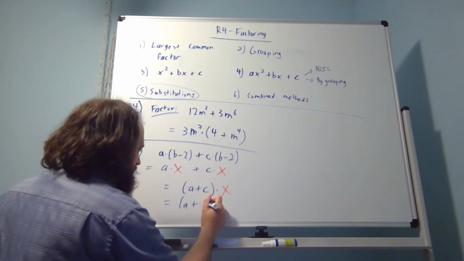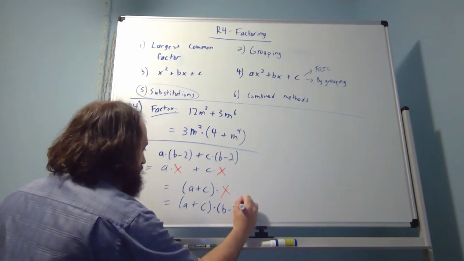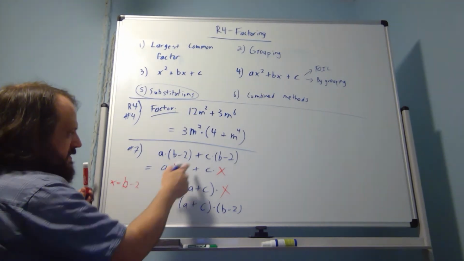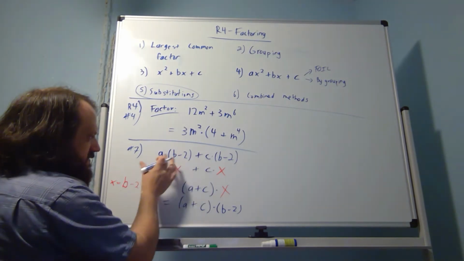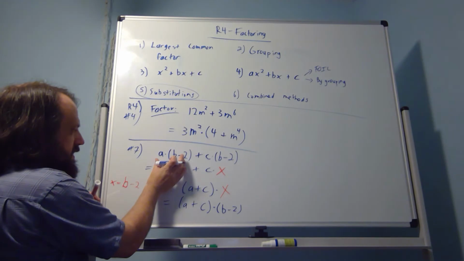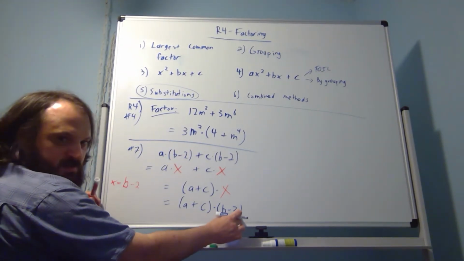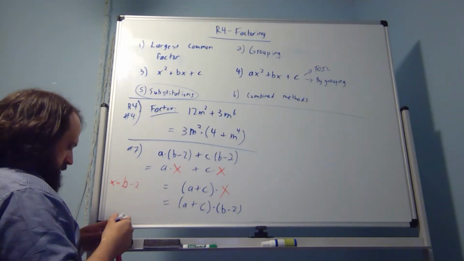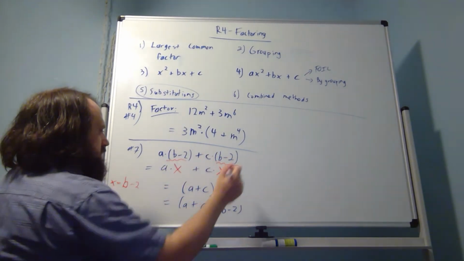You don't have to invent a variable. If you can just sort of see this, then you can just jump straight from the first line and put equals, well, b minus 2 is the thing that every term has in common. Of the big expression, we've got a times b minus 2 plus c times b minus 2. So how many b minus 2's do we have? We have a of them and we have c of them. But the thing that they have in common,